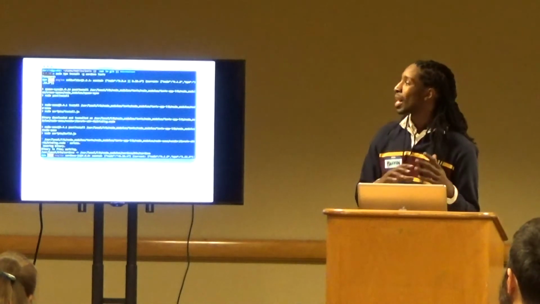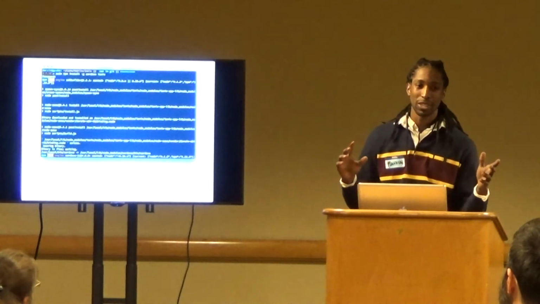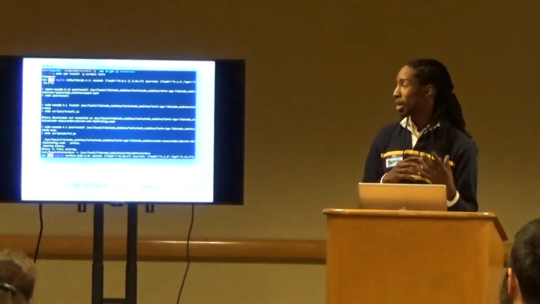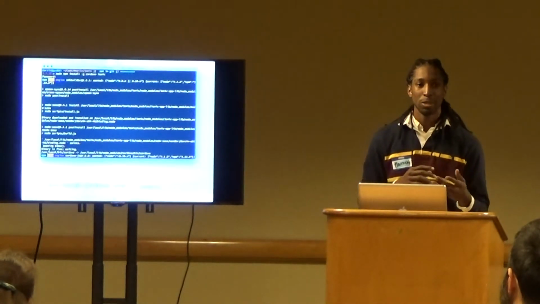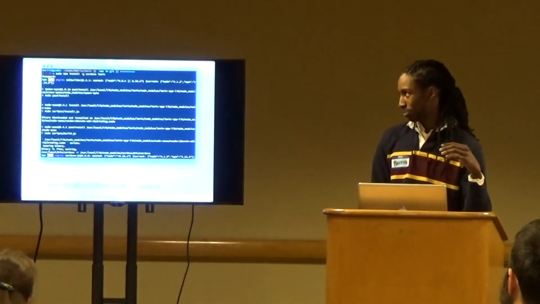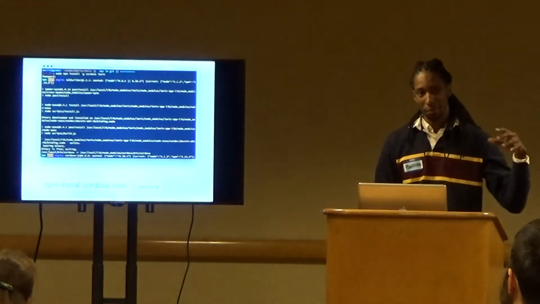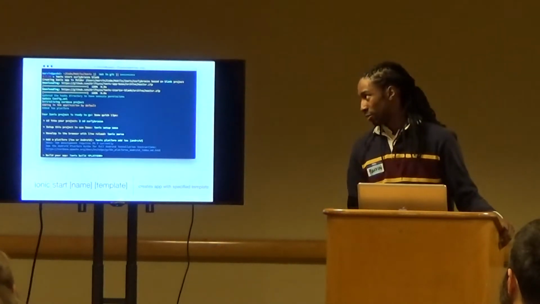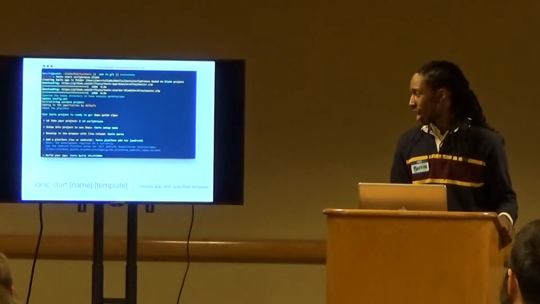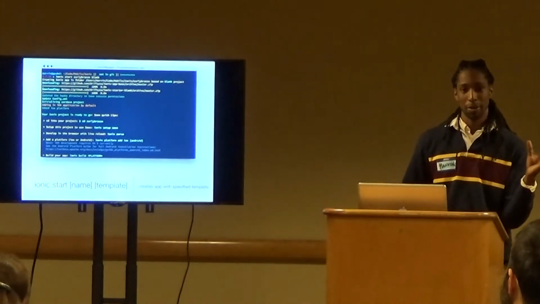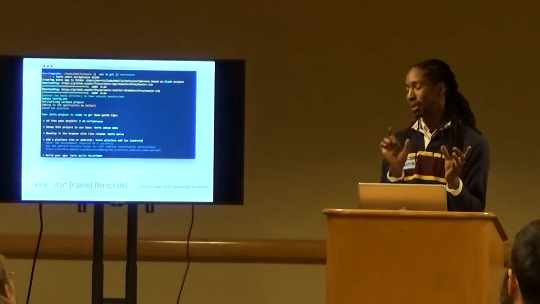Of course Node is a prerequisite for npm, and depending on how you have Node and npm installed, you may or may not have to use the sudo command to give you privileges to install that globally. Once Ionic and Cordova are installed, you would run ionic start, the app name, whatever you want your app to be called, followed by the template that you want to use.